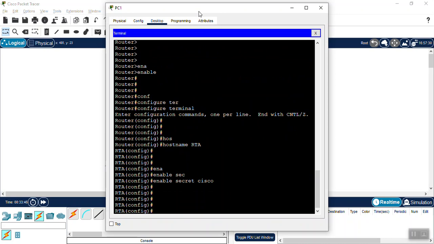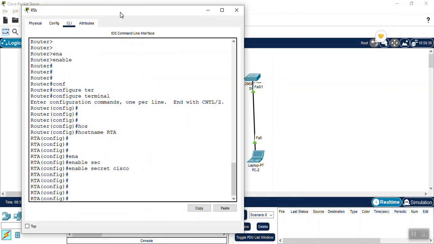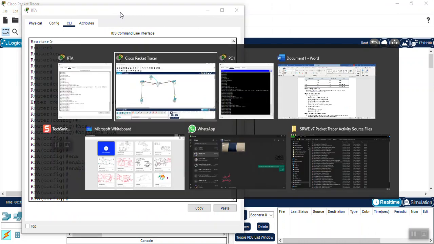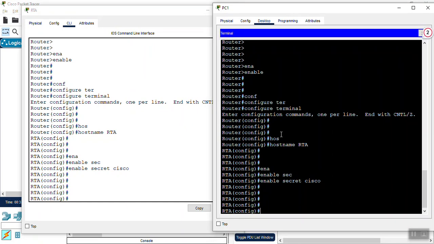As you can see, both are the same: we access the router from the PC through the console port, or directly in Cisco Packet Tracer. In Packet Tracer we have the benefit of accessing the router directly, but in real devices you have to follow this method.